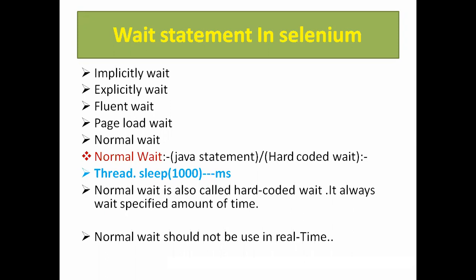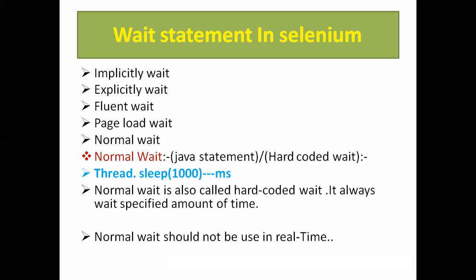Implicit wait means it will wait for the complete document for whatever time you have specified. It is a short, certain duration of time that we give before throwing the exception. For example, if some pages take 10 seconds to load, just specify 10 seconds. It will wait 10 seconds before throwing the exception. If the load takes more than 10, then your script will fail. It will wait for the complete HTML document.